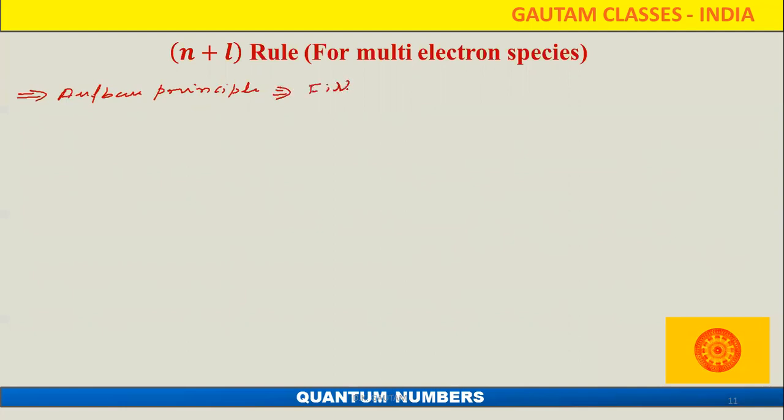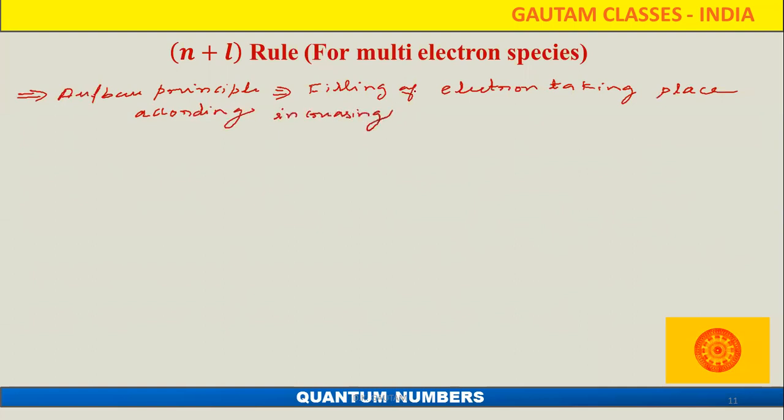Filling of electrons takes place according to increasing energy order. So the n plus L rule is telling that